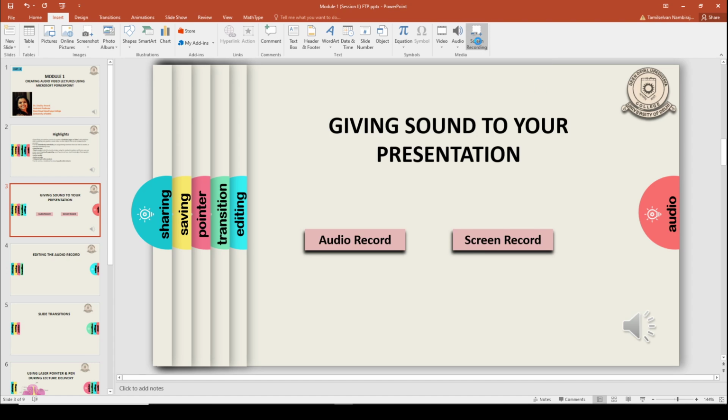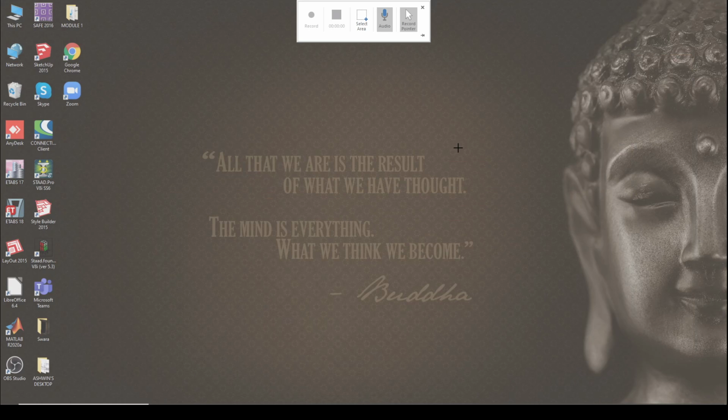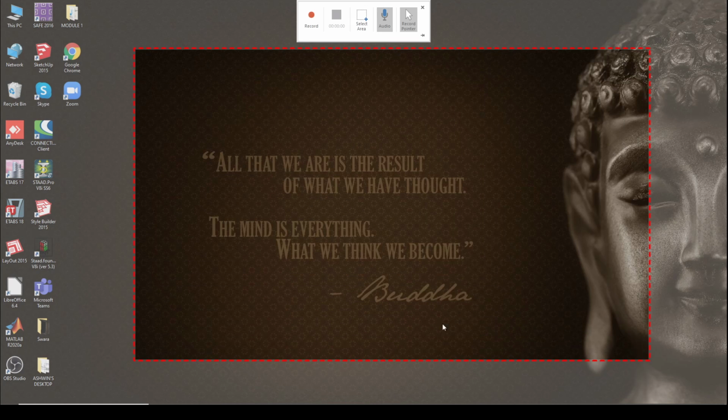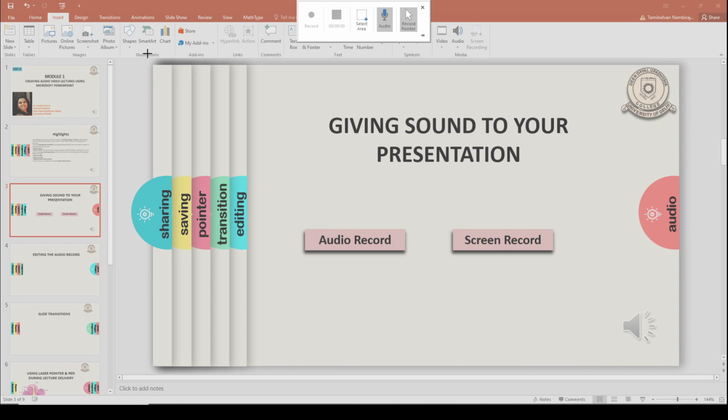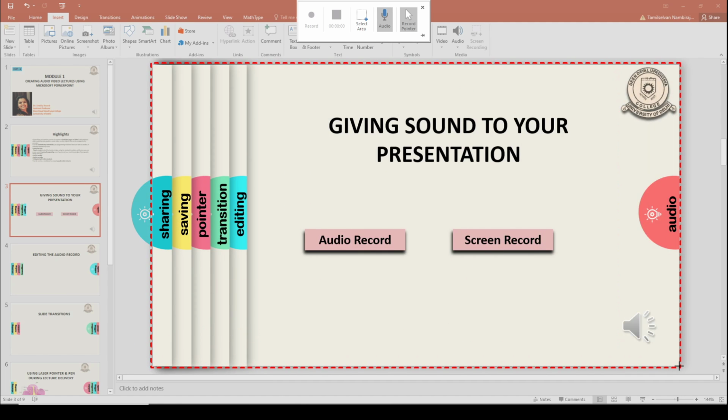So when I click on this option, this is what I get. This is my desktop. You see a small window here. The first thing that you need to do is select the area that you want to be recorded, right? So suppose I want to record a PowerPoint file. You select any area, then you open your PowerPoint file. Now you can even reselect it. Suppose I just want to select this much of the area. I don't want the entire screen to be recorded. I just want this slide to be recorded. So you can select that area.